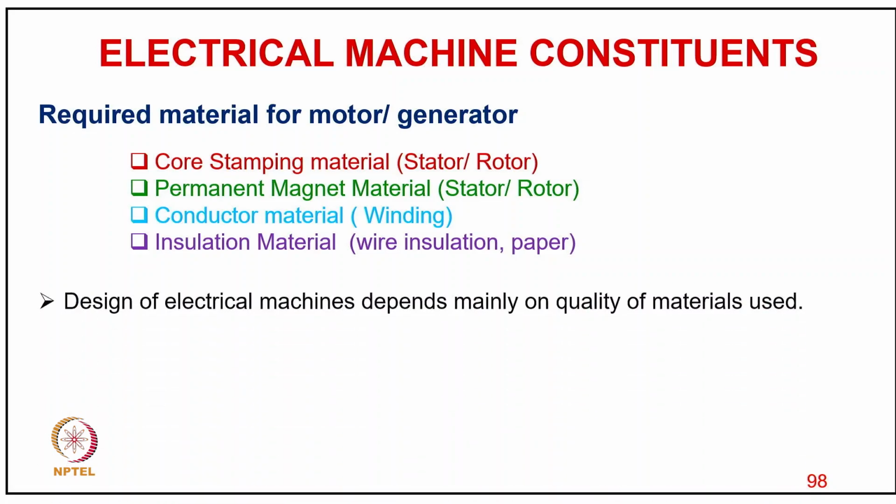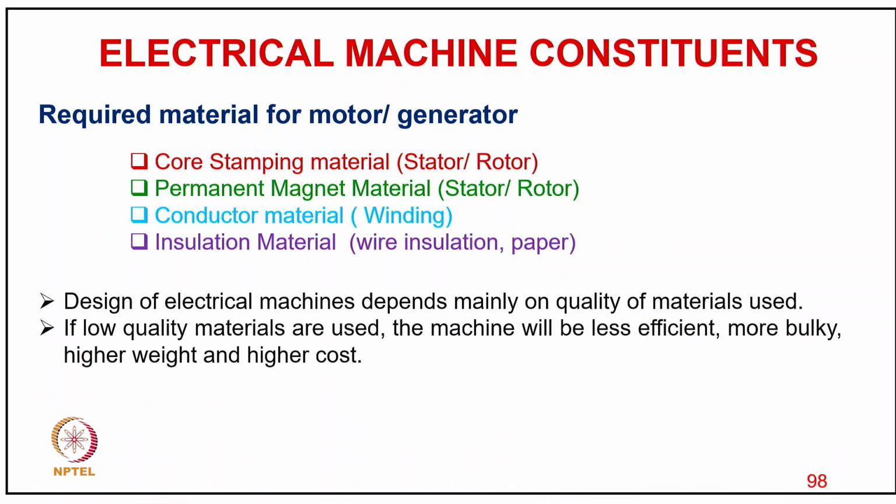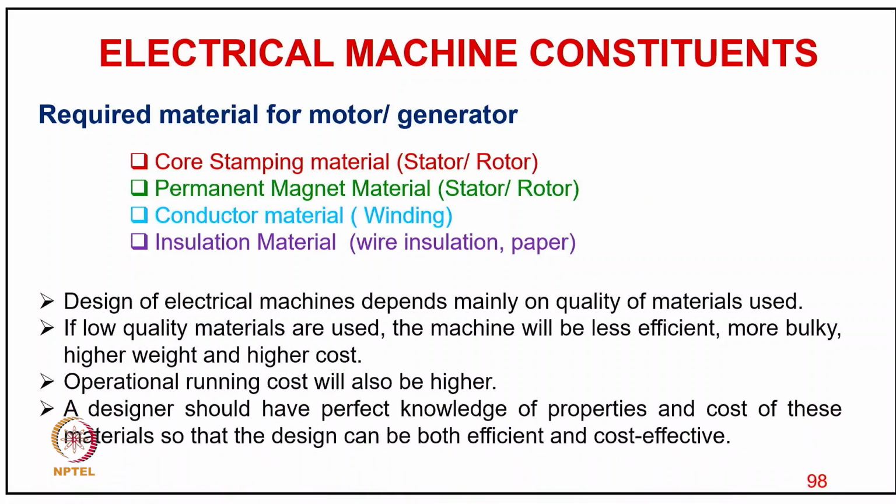So of course it uses very little area, and the design depends mainly on the quality of material used. If low quality materials are used, the machine will be less efficient, more bulky, with higher weight and higher cost, and the operating running cost will also be higher. And designers should have perfect knowledge of the properties and cost of these materials so that the design can be both